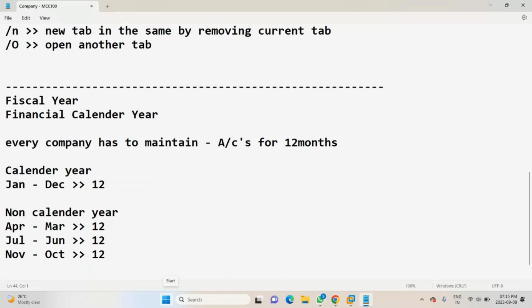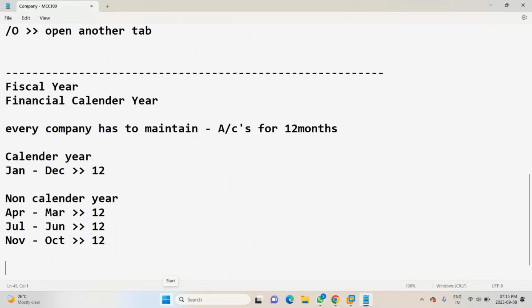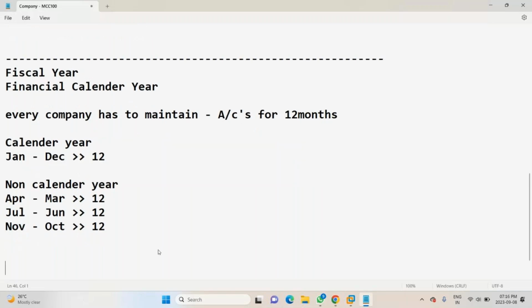whatever the company law says, according to our Companies Act, we have to maintain the accounts for the months of April to March. April to March. This accounting period is the financial year, right? This is our financial year. So when we say April to March as a financial year for the 12 months,